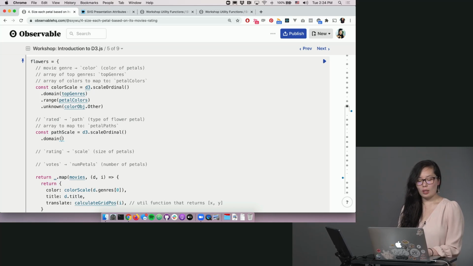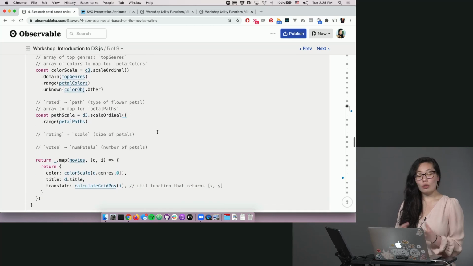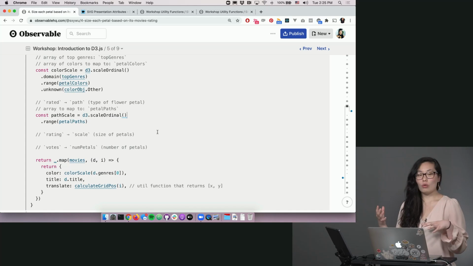And so the domain is, and actually, here's another thing that makes life quite a bit easier with D3 scales: instead of using the objects that we had for the paths, D3 would go ahead and do for us that every time it sees a new